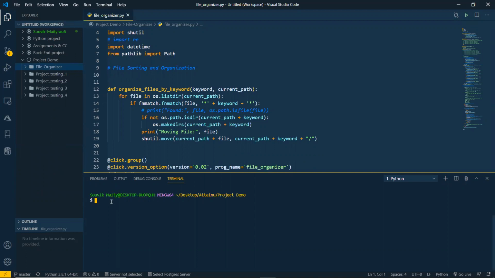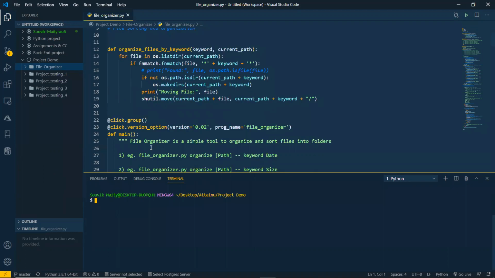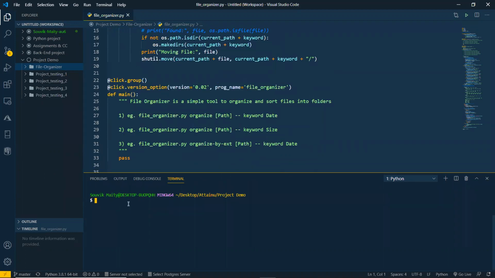Now at first, if we write python file organizer with the help command.